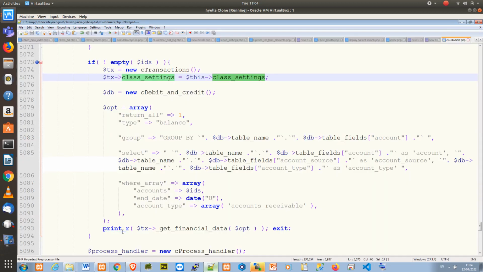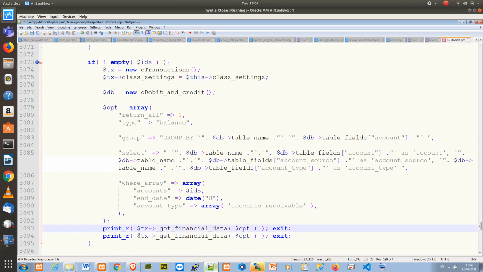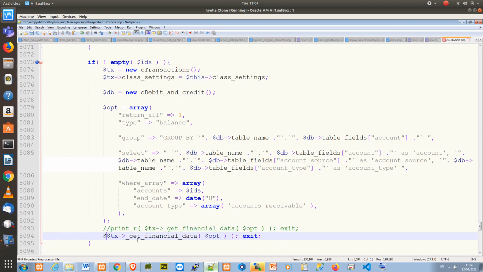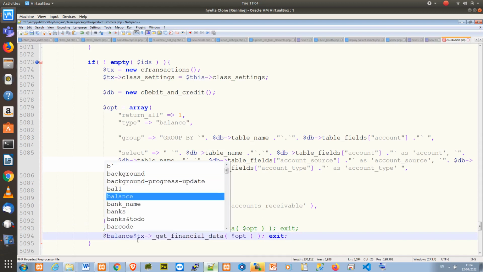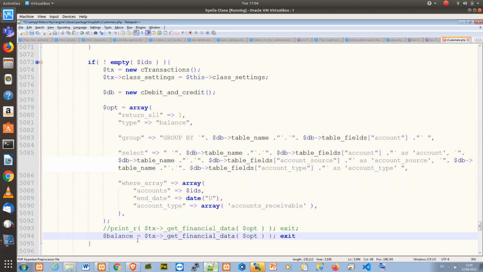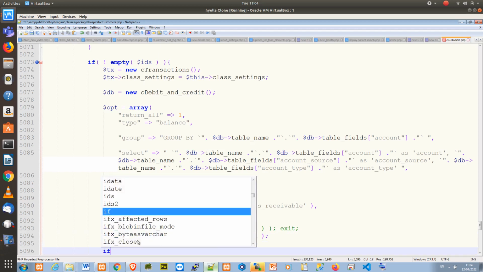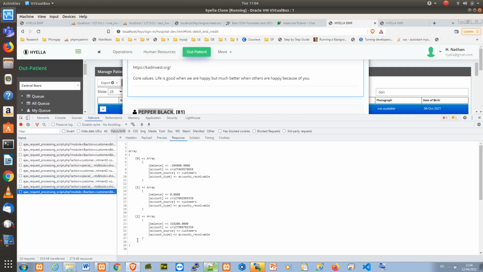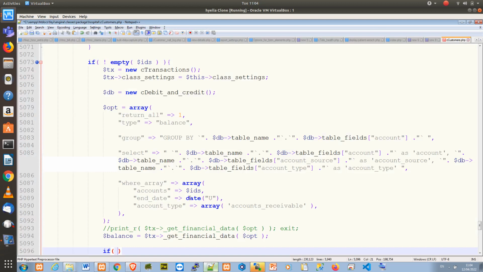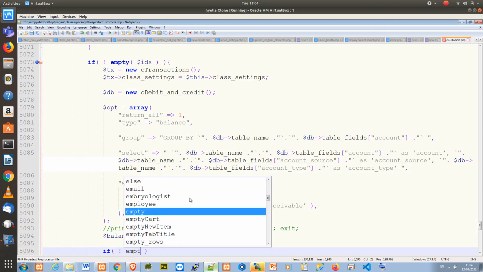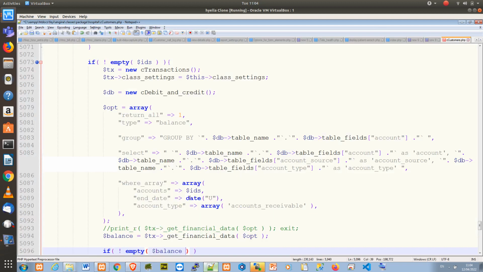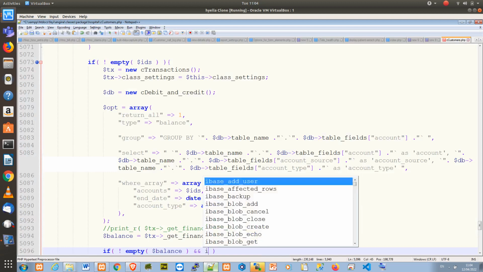So since I've gotten my balances, I'll be like, if it's not empty and is an array